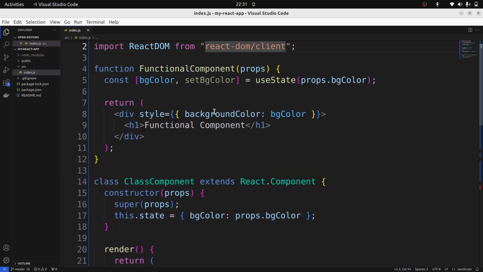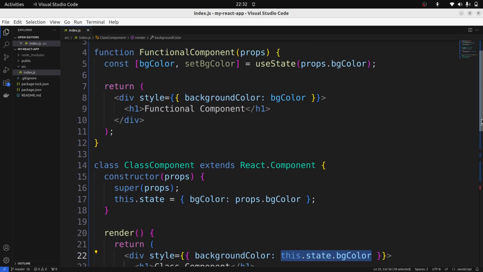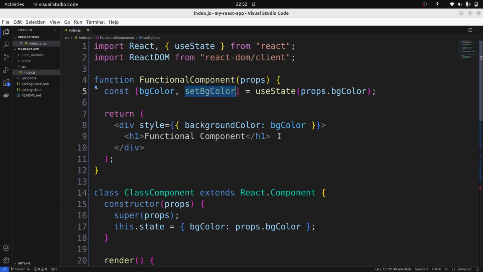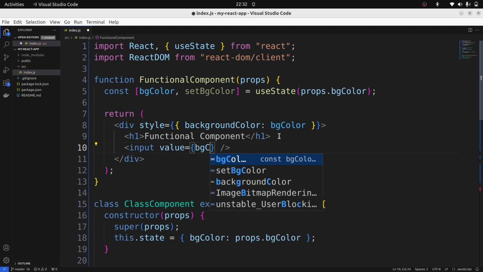So just now we learned how to initialize a state. In a functional component we use useState, and in a class component we initialize in the constructor using this.state, and we specify the object. Inside that we specify our state. So you will access it like this.state.bgColor. Now we want to learn how to use this setBgColor. So for that, I will add an input. Inside I will add the initial value of the input as bgColor,